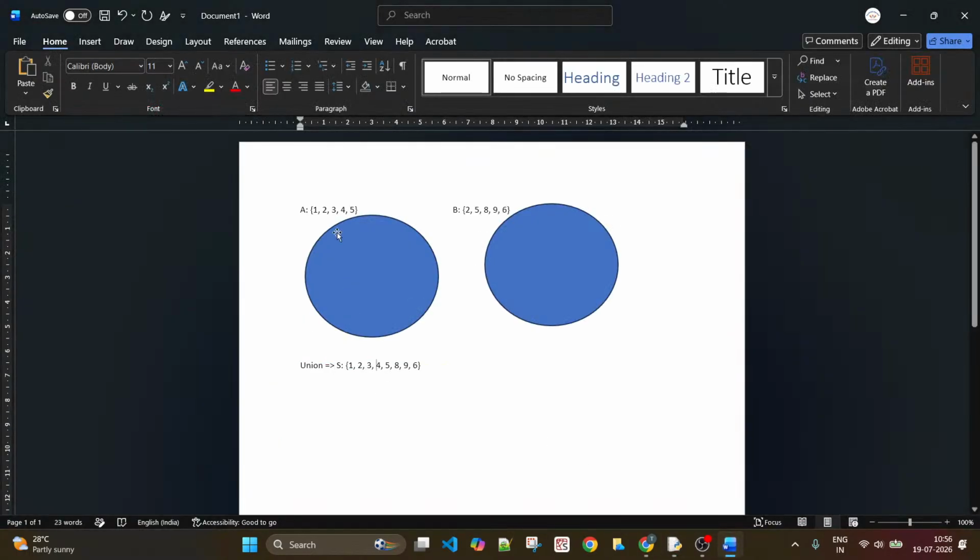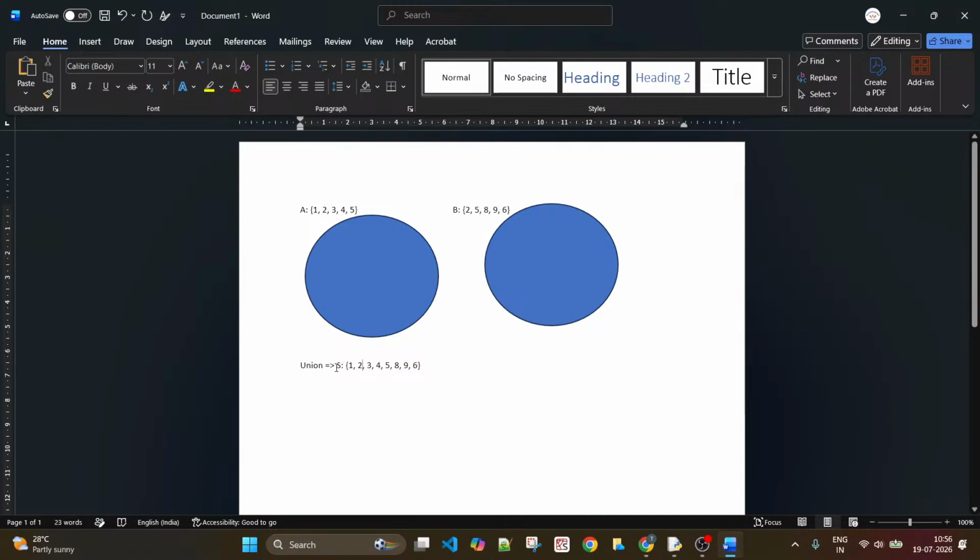Now this makes more sense, right? What I did blindly, I just got all the elements from A. I got all the elements from B. Then I checked if there are any repeated elements, and just removed them. This is how you get this result set. So what is this operation called? This is called union operation. Union operation defines